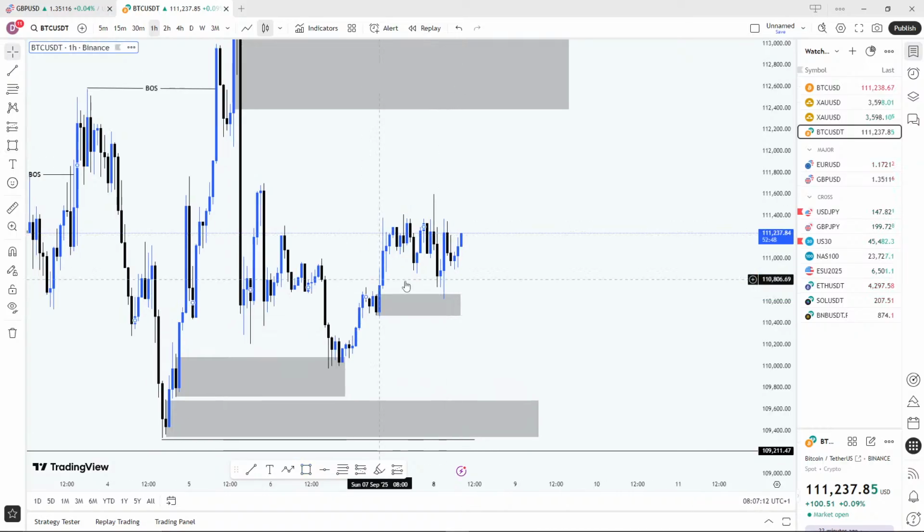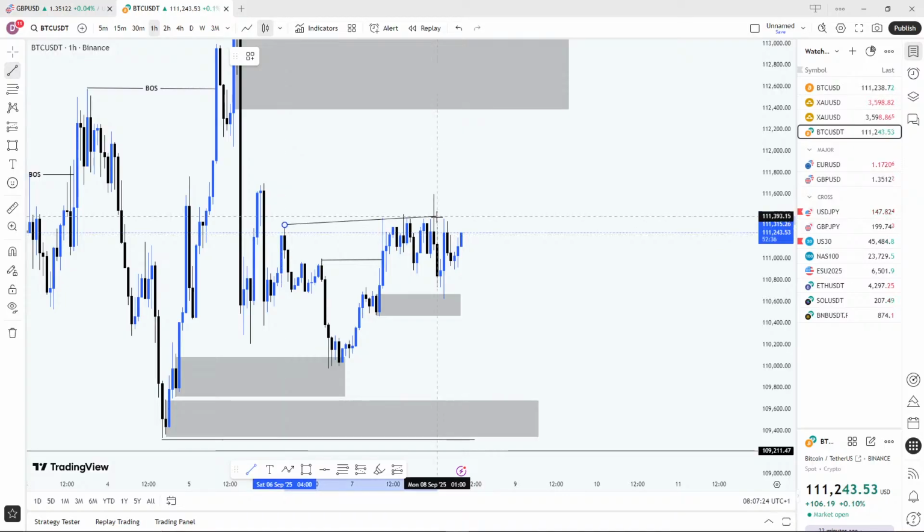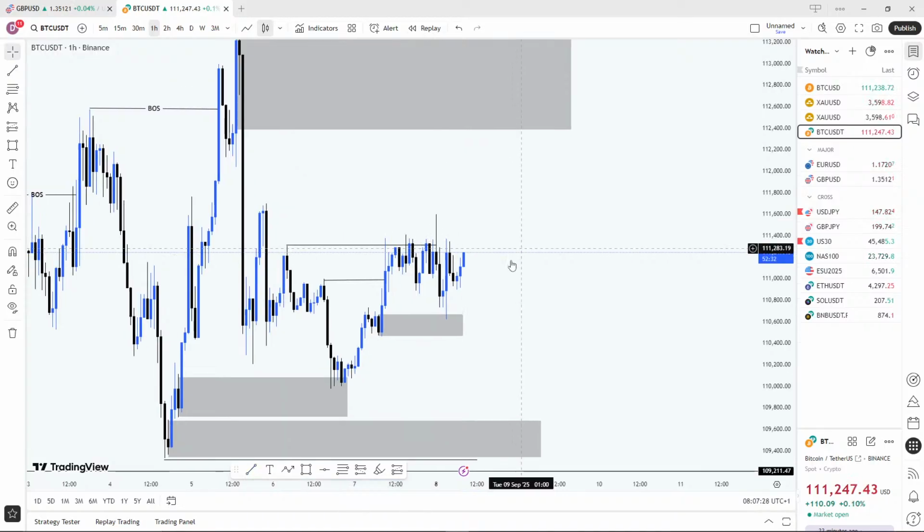So now, if you notice, what's happening with BTC is bullish. And if you watch what's happening now, all of these are breaks to the upside. It's a break of structure. This is not a clear break yet, but the price just took out the high as liquidity. So BTC is still very much bullish. I'm going to keep looking out for how I'm going to enter for buys, right?